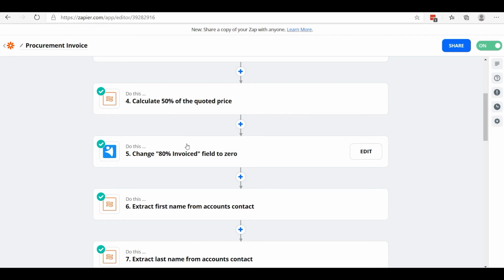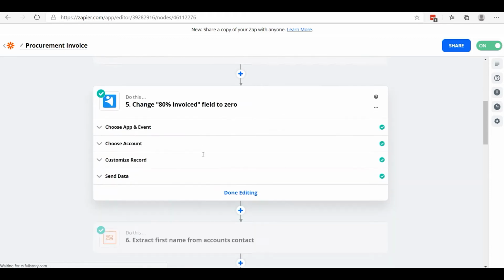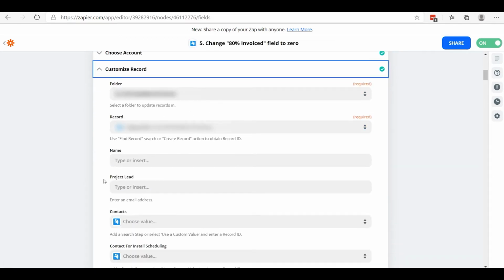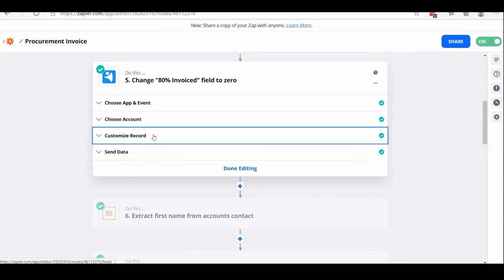We've now got the price. Change 80% invoiced field to 0. So this is a step. I won't go into this step because it's complicated why we do this, and it's just going to confuse this video if I go into that. So let's just imagine that isn't in there. This is actually going back into NetHunt and updating a record, and I may cover that on a different video,